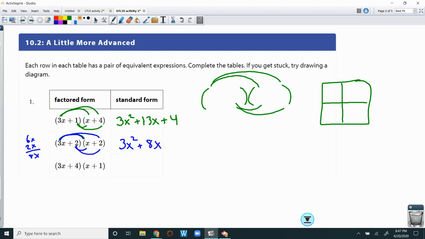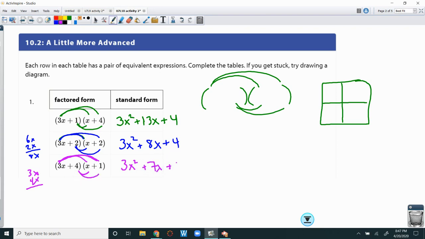And then 2 times 2 is 4. Great. Okay, the last one, and you've already done this, so I'm going relatively quickly. 3x squared plus 3x plus 4x. 3x plus 4x, we add those together and we get 7x